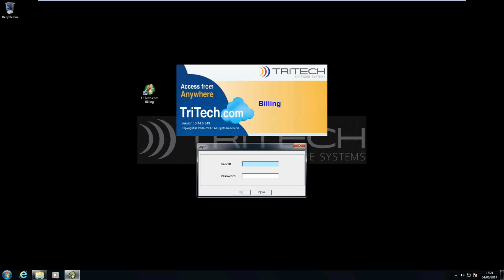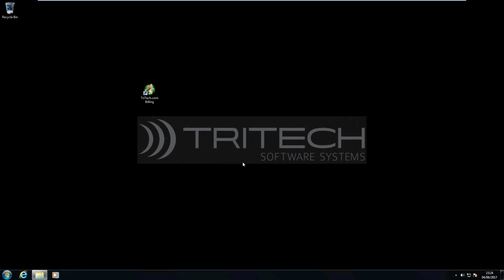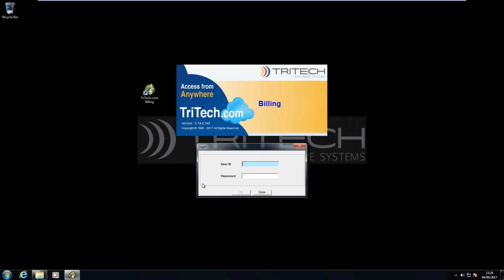So what we have done is, first off, if you're an on-premise customer, after you install 5.14 and you try to use the SUPR user code and try to log in with that, you're going to get a new prompt that you've never seen before. It's because we are now reserving the SUPR account only for the purposes of Tritech for troubleshooting. And instead, we have made it possible for you to get the equivalent permissions of SUPR on your own security or staff ID. So I'm going to go ahead and get logged into billing